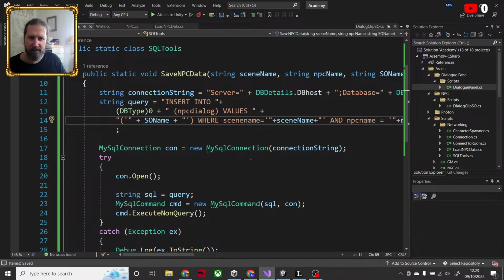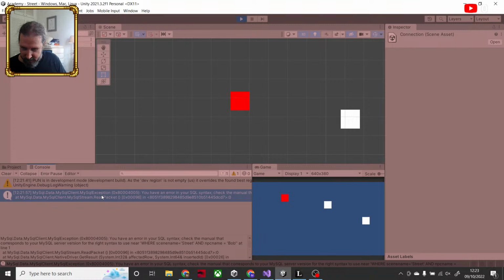So what went wrong? The query seems to start at, you have an error, check manual that corresponds to the server version syntax there, where scene equals street and NPC equals Bob. Oh, what's this?